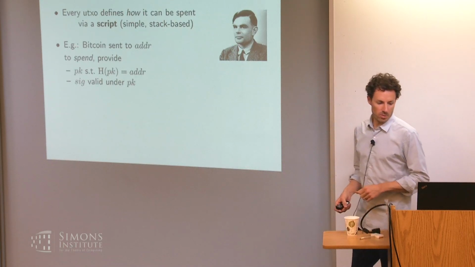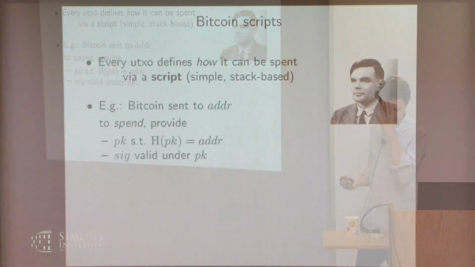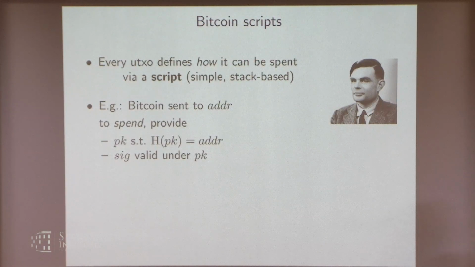In the last few minutes, let me mention again, in a simplified form, how Bitcoin actually works. It's not that you can only do simple transactions. You can actually do more complicated things. Because if you make a Bitcoin transaction, it's not that you just put a public key there and say that whoever has a signature can spend this output. What you do is you write a script and say whoever gives a value so that this script executes can spend this output.